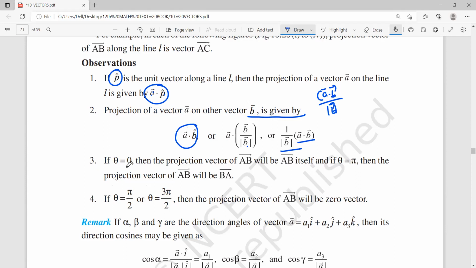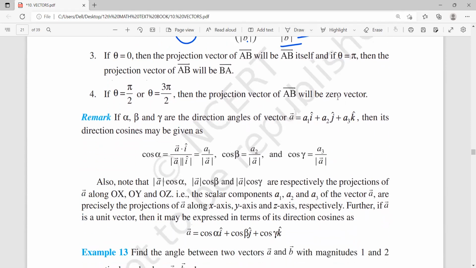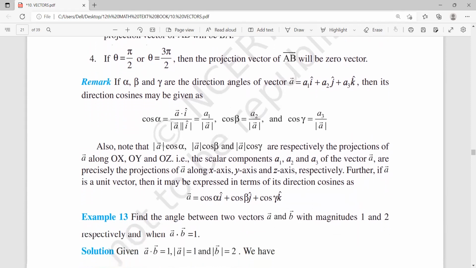If theta is 0 degrees, then the projection vector of A bar will be AB itself, and if theta is 180, then the projection of vector AB bar will be BA bar. This I'll explain if you want. Next, if theta is 90 degrees, then the projection of A bar will be 0. Then next,